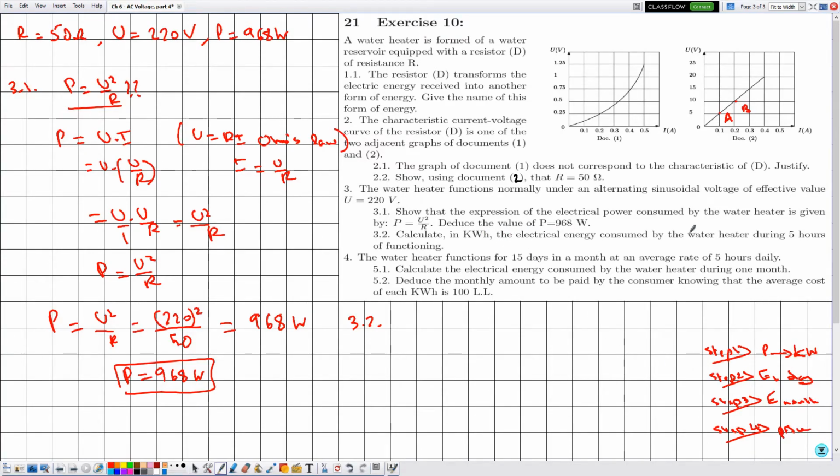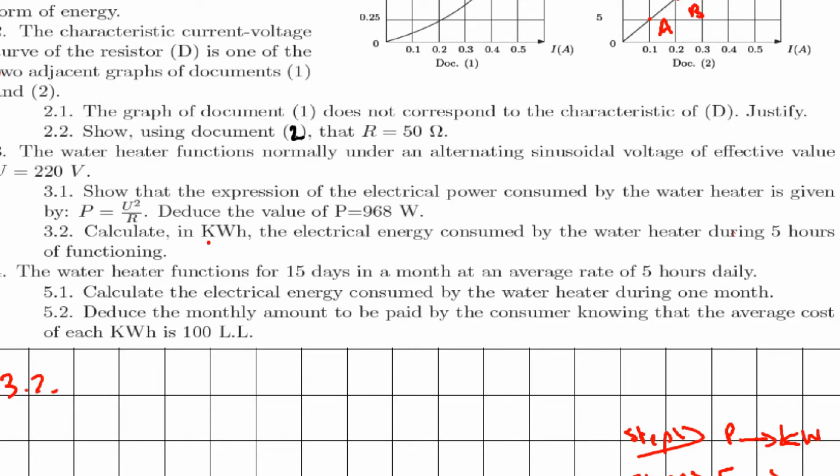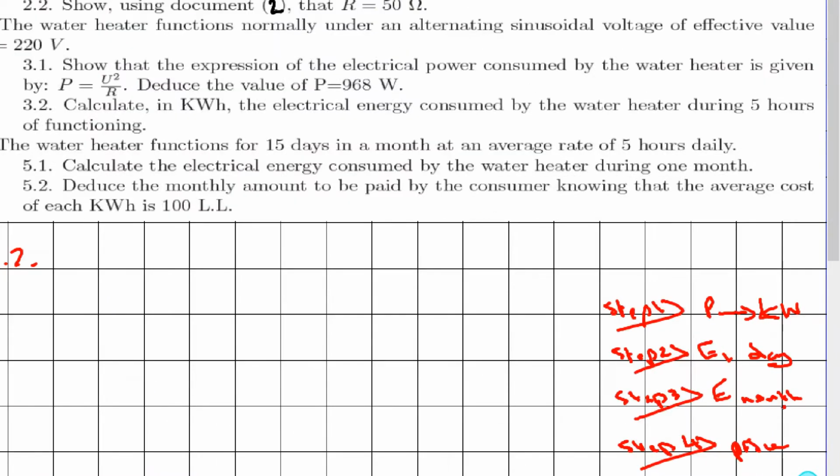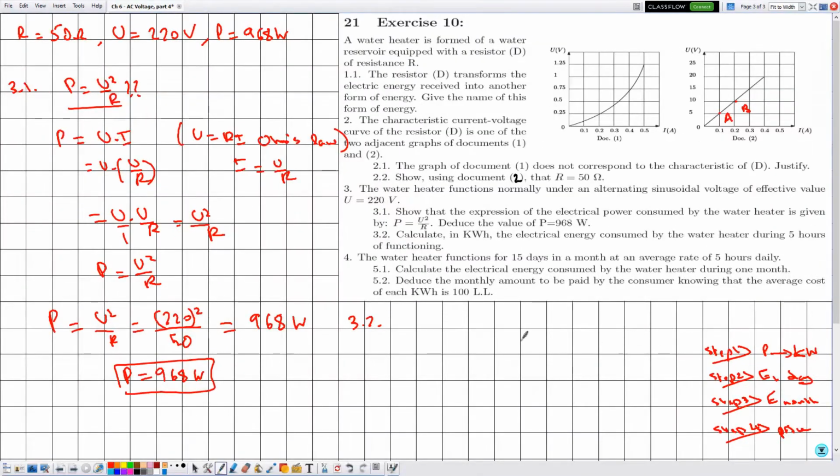So here they are telling me to calculate the energy in kilowatt hour consumed by the water heater during 5 hours of functioning, and 5 hours represents the amount of energy consumed per 1 day. So they are asking me about step number 2. In order to determine step number 2, first we need to proceed with step number 1. The power, which is given by 968 watts, should be converted to kilowatts. So 968 divided by 1000, this is equal to